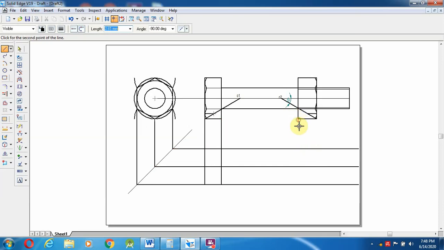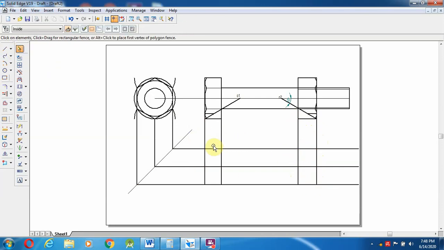Same like from here, straight line, and from here to here, from the end of the line, from there to here, and one more line. Why? Because from here to here, these are all the projection lines. So for that I am going to draw two lines. So those projection lines I am going to make as a 0.13 mm line.